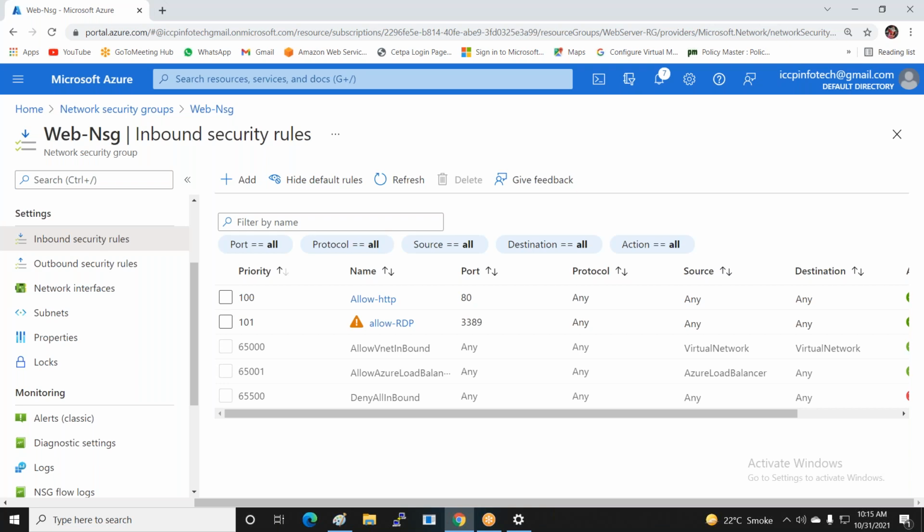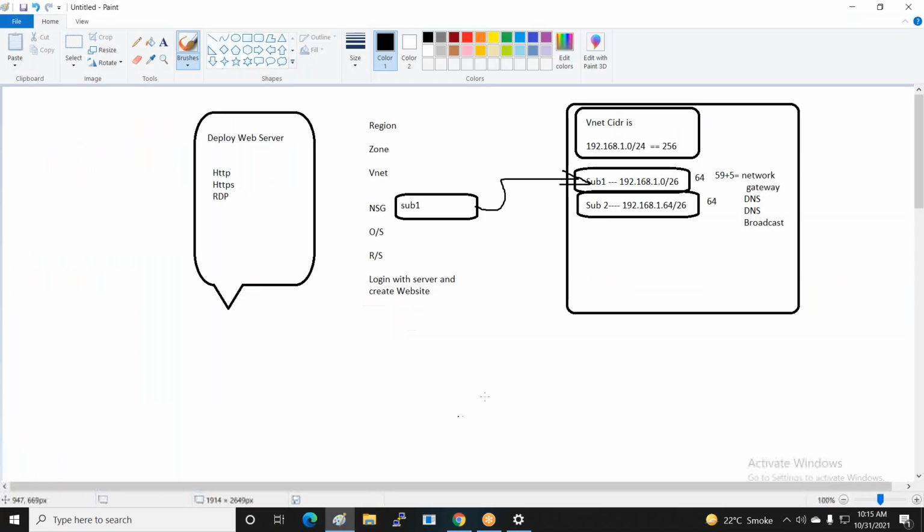Yes. Now I'm creating one network, and inside the network I'm creating the subnets. At this time this NSG I'm attaching with subnet one. That means these particular protocols are allowed for this network.